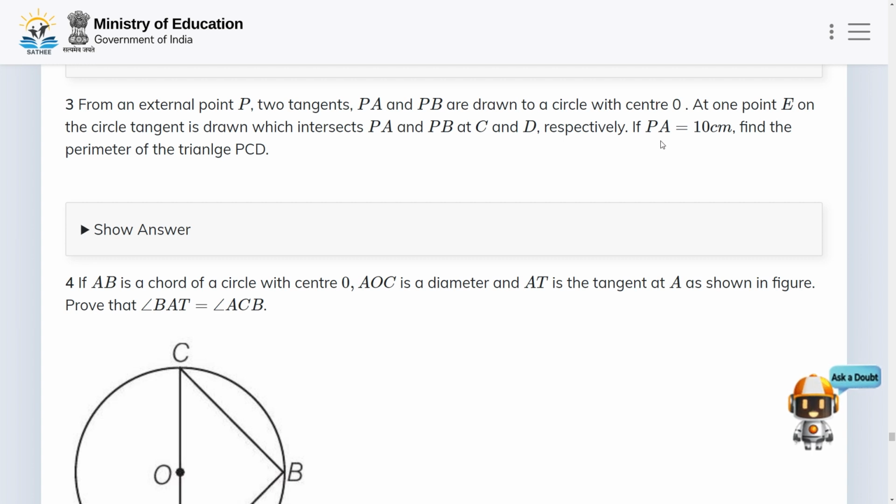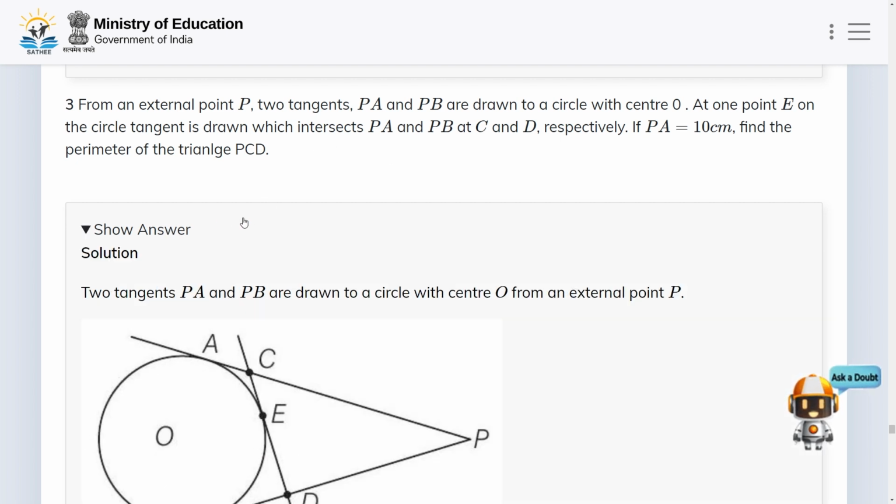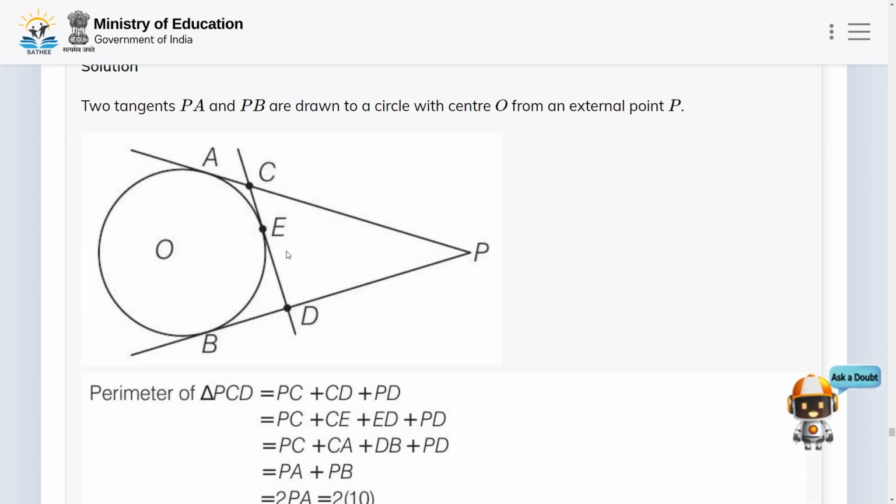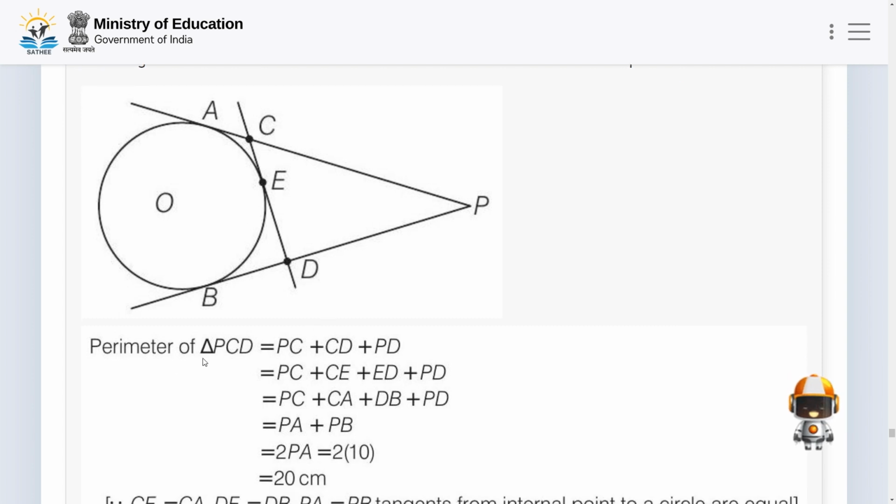At point E, a tangent to the circle is drawn which intersects PA and PB at points C and D respectively. If PA is equal to 10 cm, then find the perimeter of triangle PCD. So let us draw the figure here first. Two tangents PA and PB are drawn from an external point P to a circle with center O. And here, the perimeter of triangle PCD